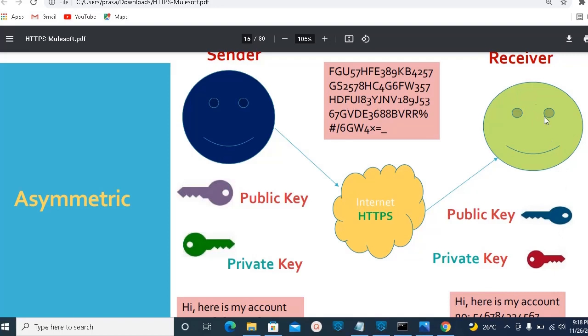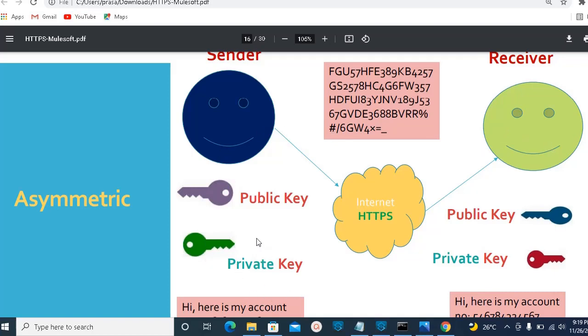In the same way, if the receiver wants to send a message to the sender, the receiver needs to encrypt the message using the sender's public key, because public keys can be shared with one another before establishing the conversation, so the receiver knows the sender's public key too. So if the receiver wants to send a reply, he encrypts the message using the sender's public key and sends it over the internet. Once the sender receives the reply from the receiver, he can decrypt it with his own private key.